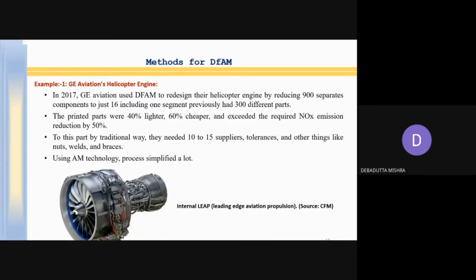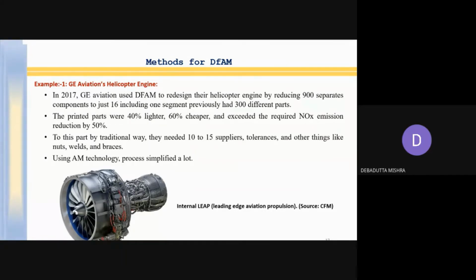And what are the benefits we get? It was 40% lighter, 60% cheaper, and NOx emissions were reduced by 50%. If you think of that in a traditional way, they needed 10 to 15 suppliers because the number of parts is more. Also tolerances and other things like nuts, welds, and presses, nothing is required.